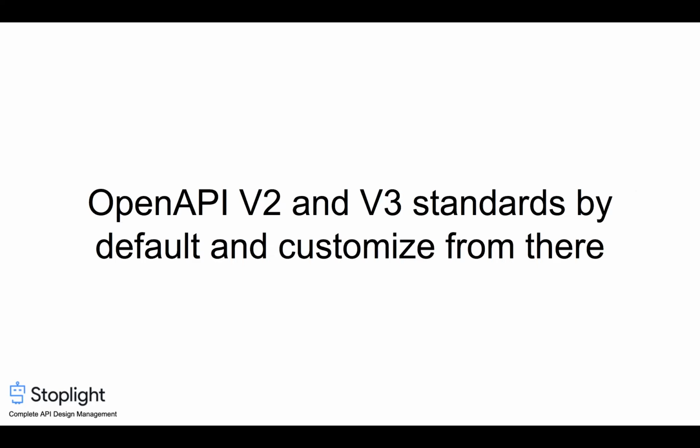When we predetermine rules, the customization behind Spectral is very impressive. However, one of the challenges with being able to create all of these rule sets is, where do you start? Spectral comes with OpenAPI version 2 and version 3 standards by default, and you can customize from there. So if you adhere to OpenAPI version 2 or version 3, those rule sets are ready to go out of the box. As you move forward, you can begin to customize from there and decide how much you want to take away or put into it.